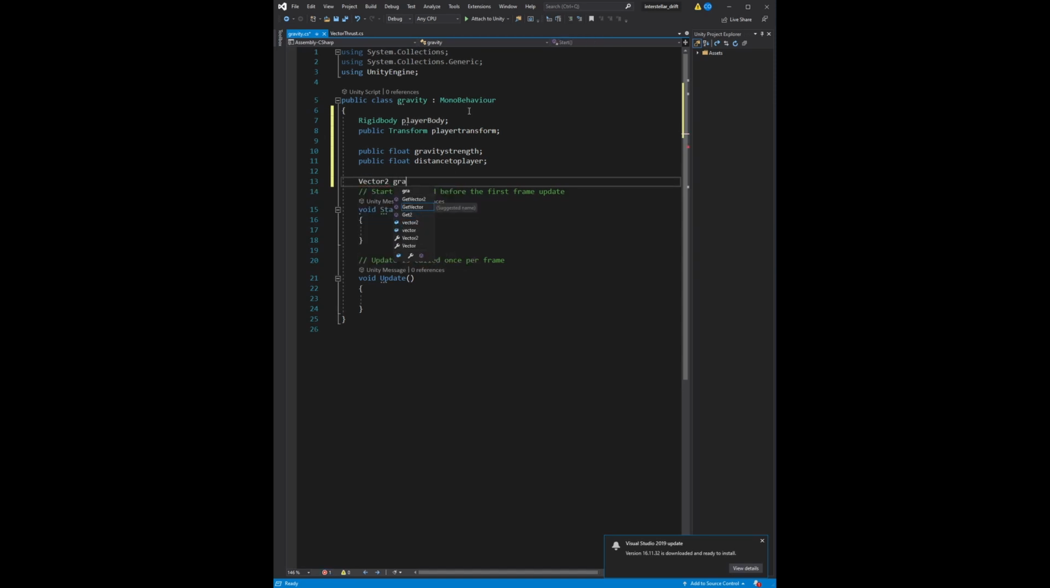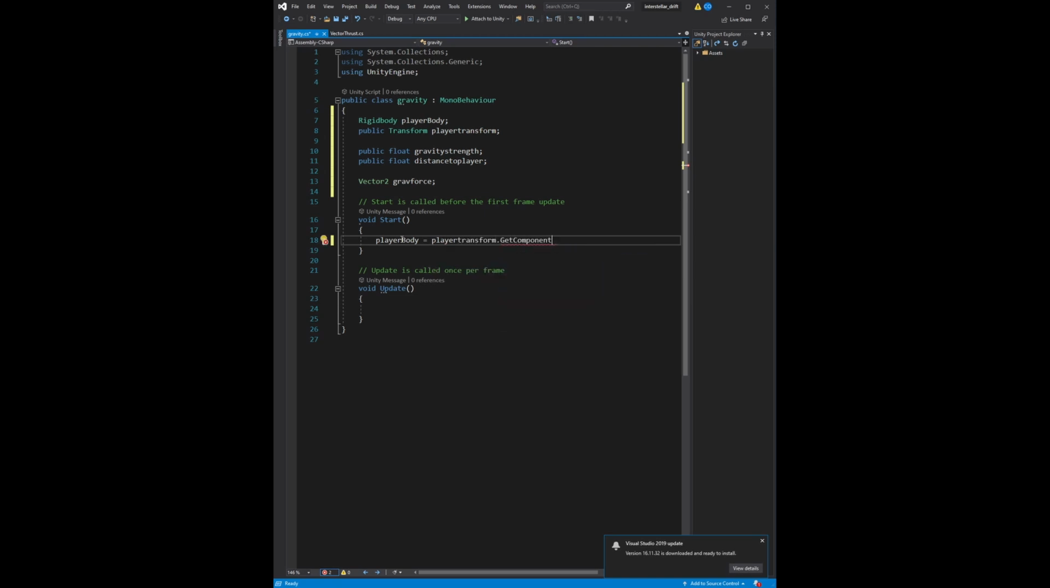We'll also need a vector that captures the gravitational force, or the vector along which to apply the force within the physics engine. In the start function, we need to reference the player rigid body as opposed to the rigid body of the planet. Directly now we will change the update function to fixed update, and we will